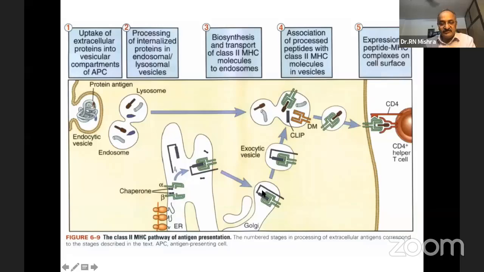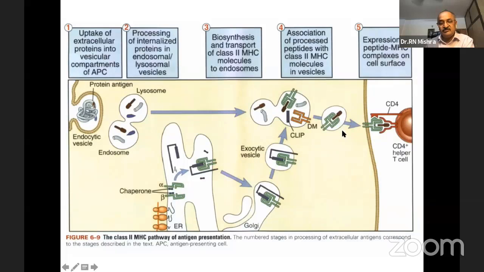The class 2 molecules, which have the CLIP on them, come in this exocytic vesicle. They are produced in the endoplasmic reticulum and join with the lysosome, and then DM dislodges the CLIP molecule, and the peptide gets lodged onto the